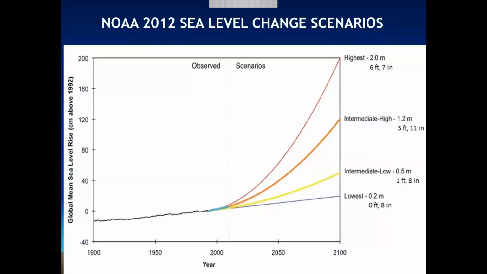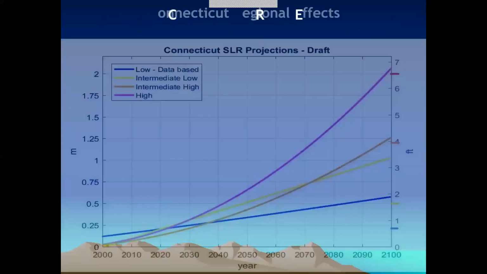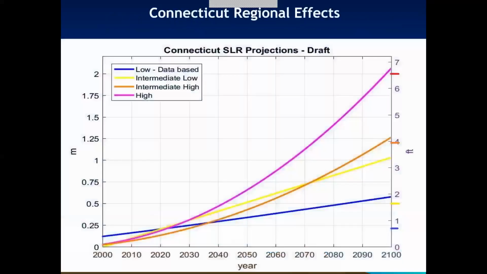This is a sort of well-known chart. It's NOAA's version of sea level rise change scenarios: high, intermediate, low. There's a lot of policy decisions that go through. These are the global sea level rise estimates. And part of the charge that the legislature had given the University of Connecticut was to try and develop standards and studies to determine what this means for us, for Long Island Sound, for riverine flooding. What are the numbers we should use? So out of this research came Connecticut's regional effect, or sort of Connecticutizing those big charts.